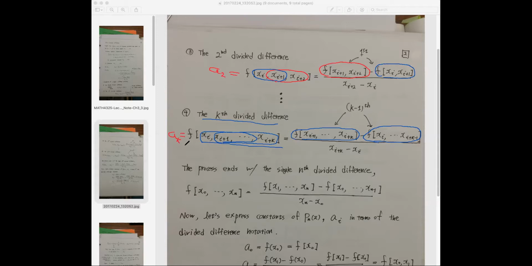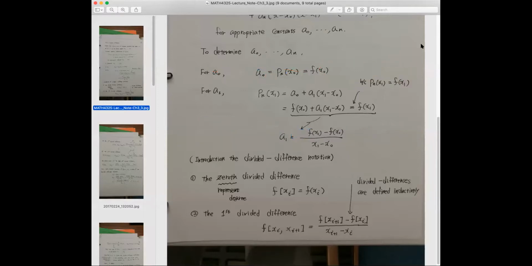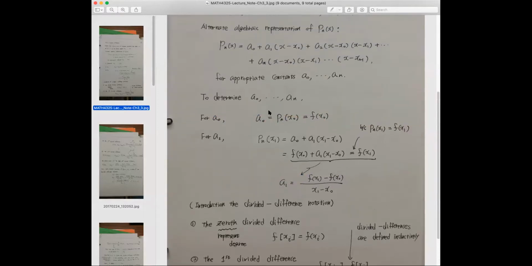This is simple, just doing algebra, then we can figure that out. Why is this equal to this? In the previous page we plugged x sub 2 into the Lagrange polynomial p sub n, then equated it to f of x sub 2, and solved that equation for a sub 2,